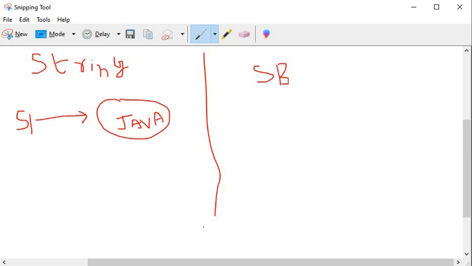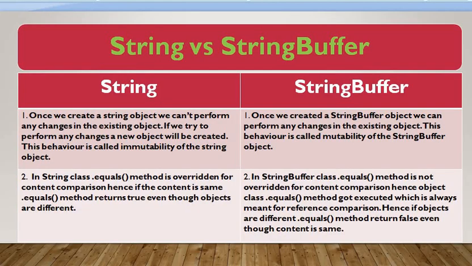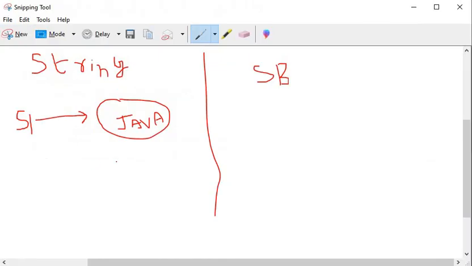And in the next line, we have added s1.concat knowledge, and when we try to modify the existing object, a new object will be created. So one new object will be created, that is Java knowledge.